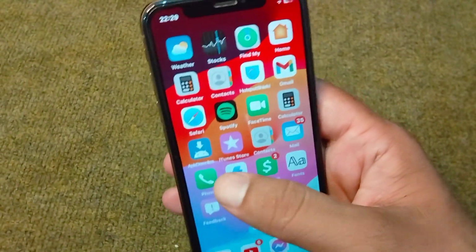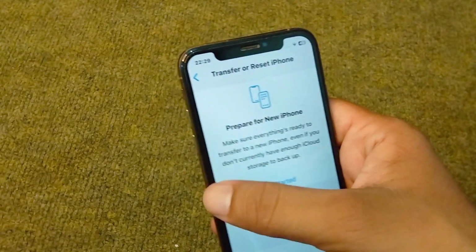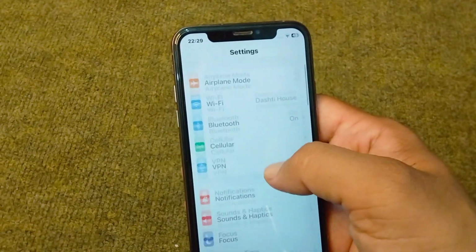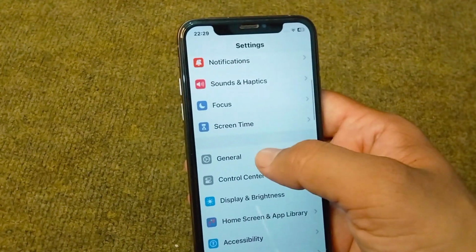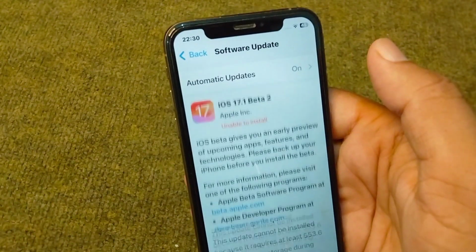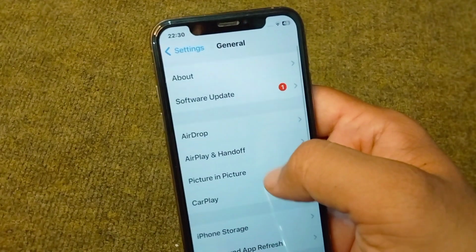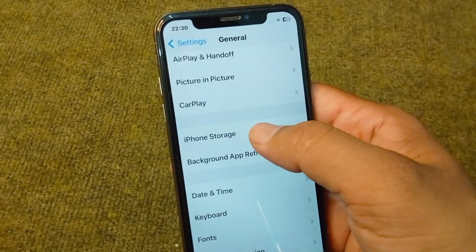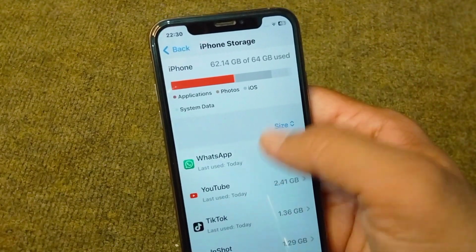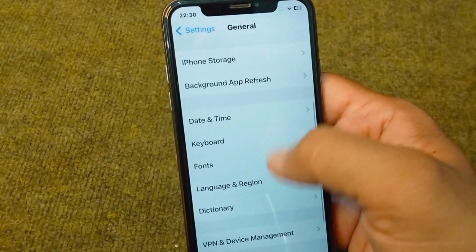First of all, open Settings on your device, and from here you have to open the General section in your settings. So guys, after this tap on Software Update and check if there is any update available for you. So I simply update it, and after this go back and tap on iPhone Storage and check your iPhone storage. If it is full, then delete some useless apps from your iPhone, and after this go back and